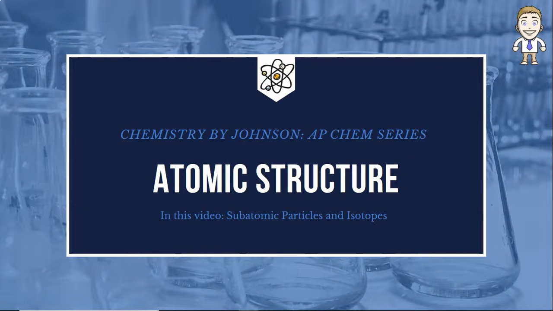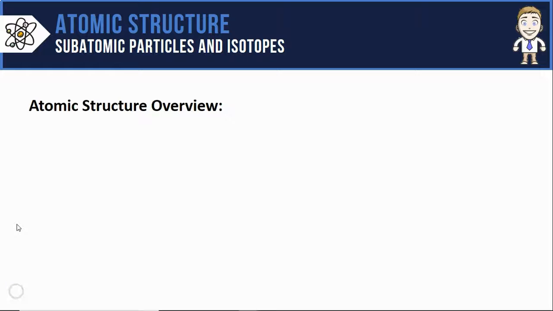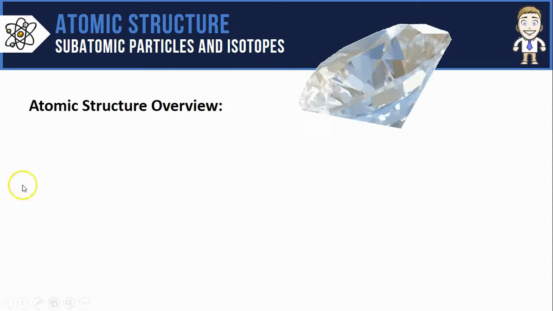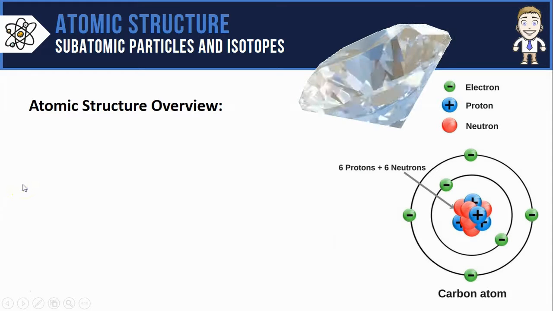Hey everyone, in this AP Chem series video, we're going to take a look at subatomic particles and isotopes. So let's start off with a quick overview of atomic structure by analyzing a sample of diamond. Diamond is unique because it's one of the forms that pure elemental carbon can take on. That means the only particle that makes up a sample of diamond is carbon atoms, like the one shown here